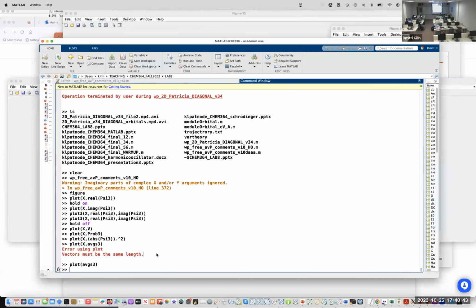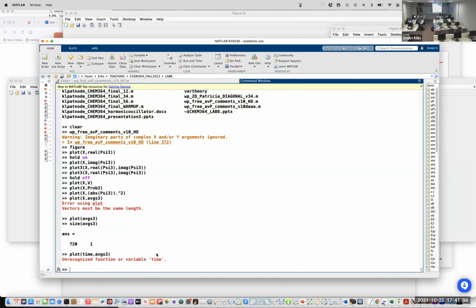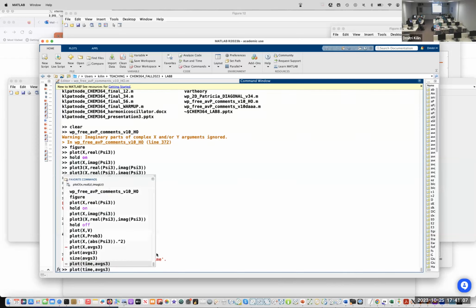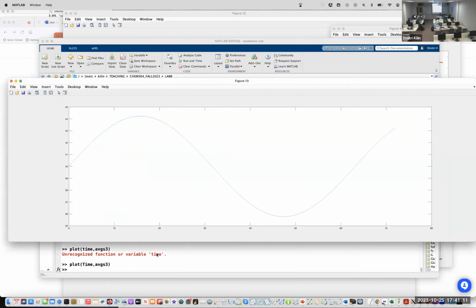Why does it feed me with the error about size? Oh yes, it was my bad, my error. It doesn't depend on x. It depends on time, and there should be a variable for time, which I don't remember, but we can check. Okay, so we have so many units of time, and then it goes forwards and backwards.